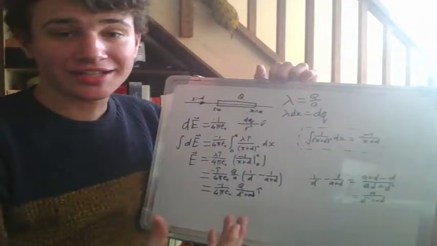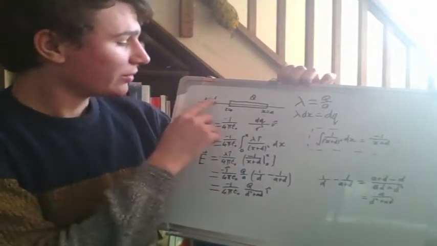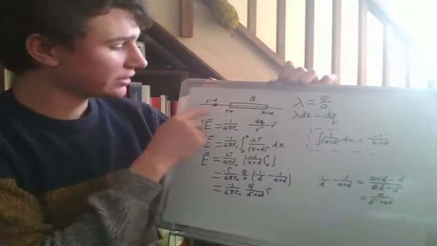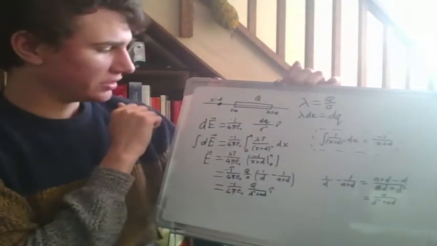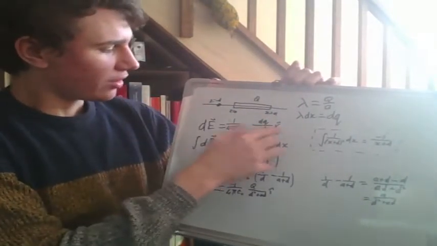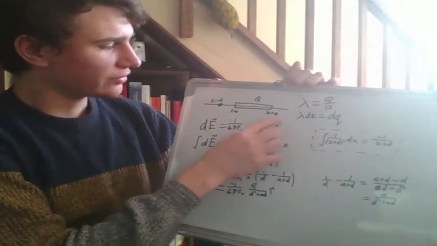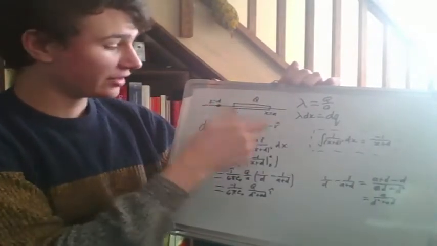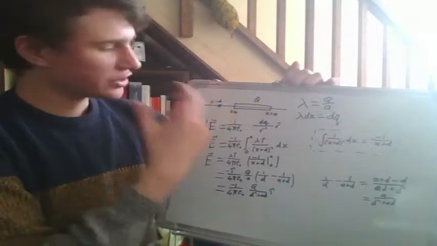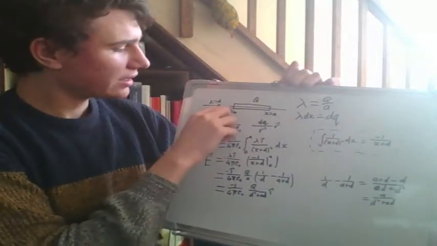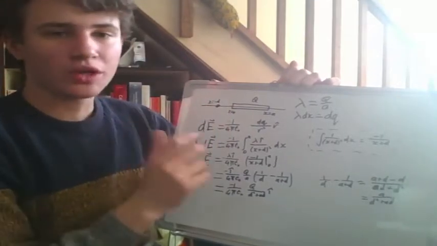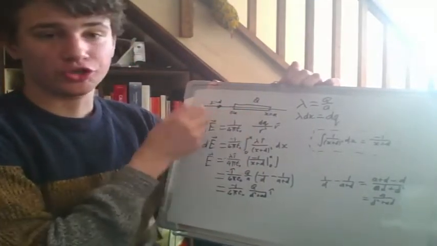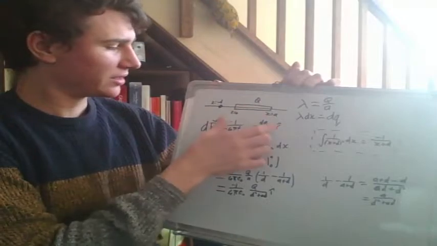So I just realized, obvious sign mistake. We want this field to go in the left direction, since if this is positive and we have a positive charge here, then it's going to go to the left. So instead of the normal radial vector in that direction, we want it in this direction. Just a simple mistake, since at this point we know the charge is here and we are here, and we always want the vector to point from the charge to us. So that was a stupid mistake on my part,